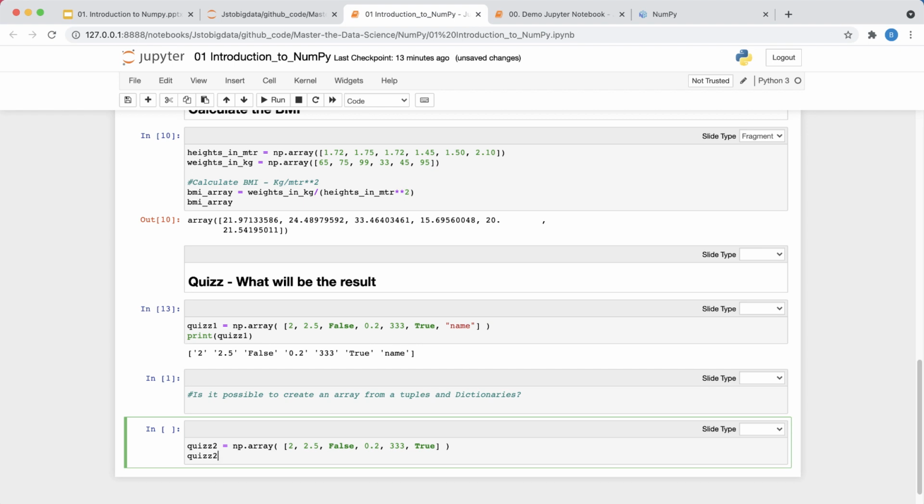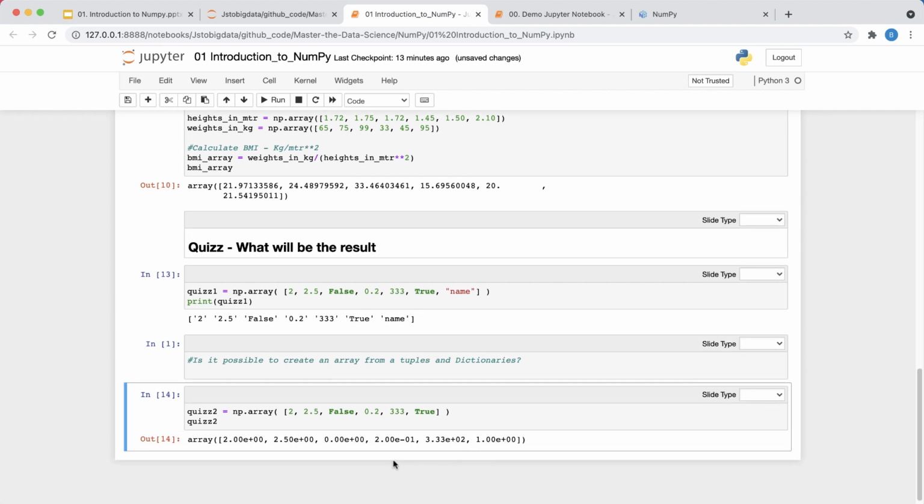So it would be float. Okay, and why does it become float? Because float can accommodate all these types, right? False I can save as 0, true I can save as 1, and if you want to convert this to, let's say, integer, all you have to do is you do this, it gets converted to integer.